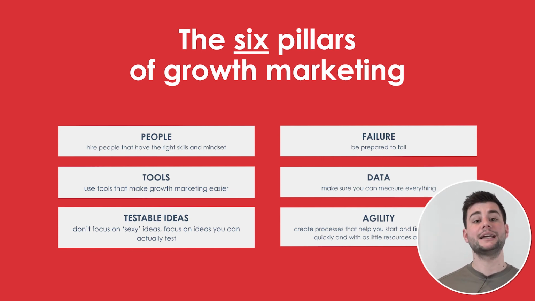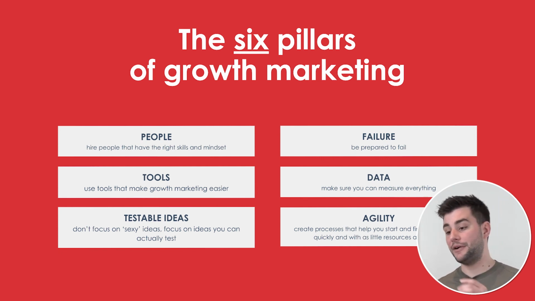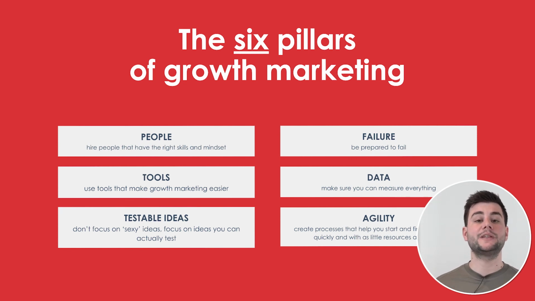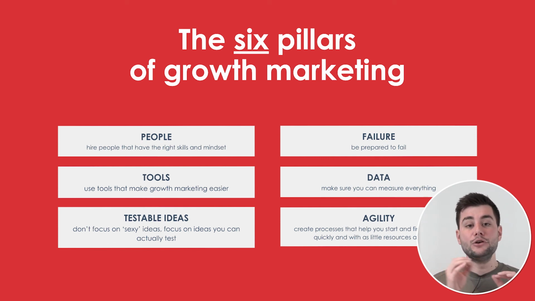And the final thing is agility. Make sure you have these agile processes in place, so that if you find winners, if you find things that need to pivot, it doesn't take you weeks to then have meetings to decide what you're going to do with it. No, in that sprint meeting where you analyze it, you need to immediately be able to define the next steps. We need to go fast. If you lose that agility, then your growth process will not be successful.